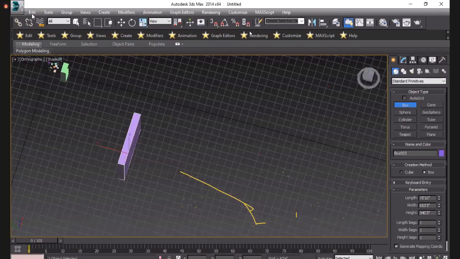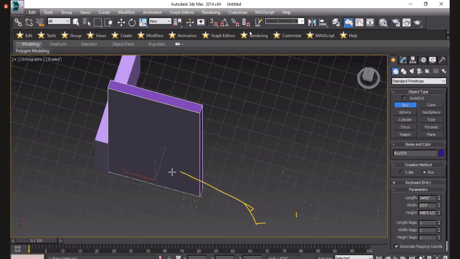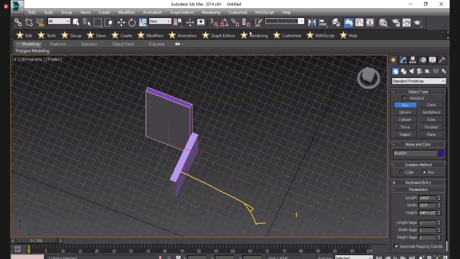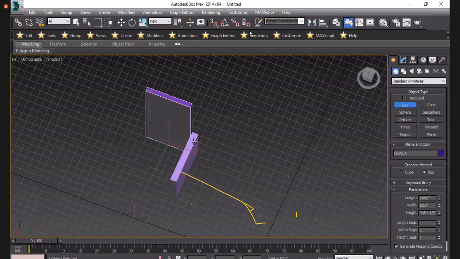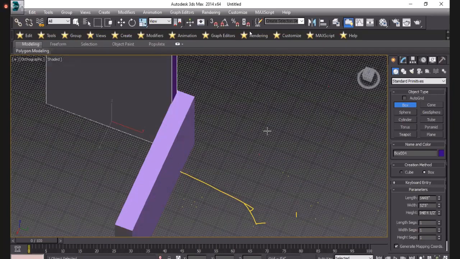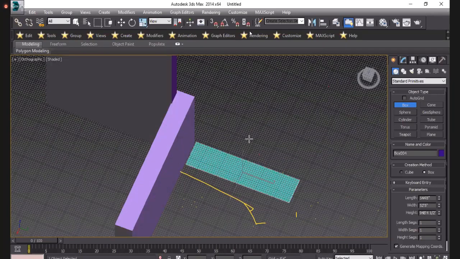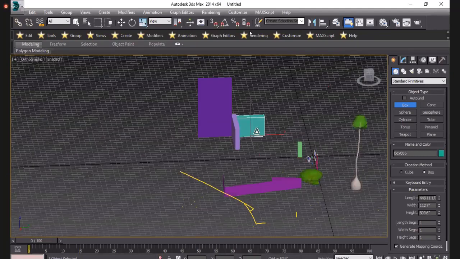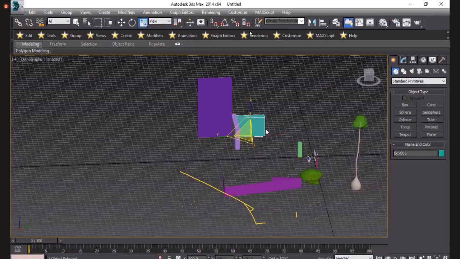From tomorrow, we will start the modeling and you will get clarification of how to draw objects and how to create a model with us. So here you can learn about many basic things that you want to know.